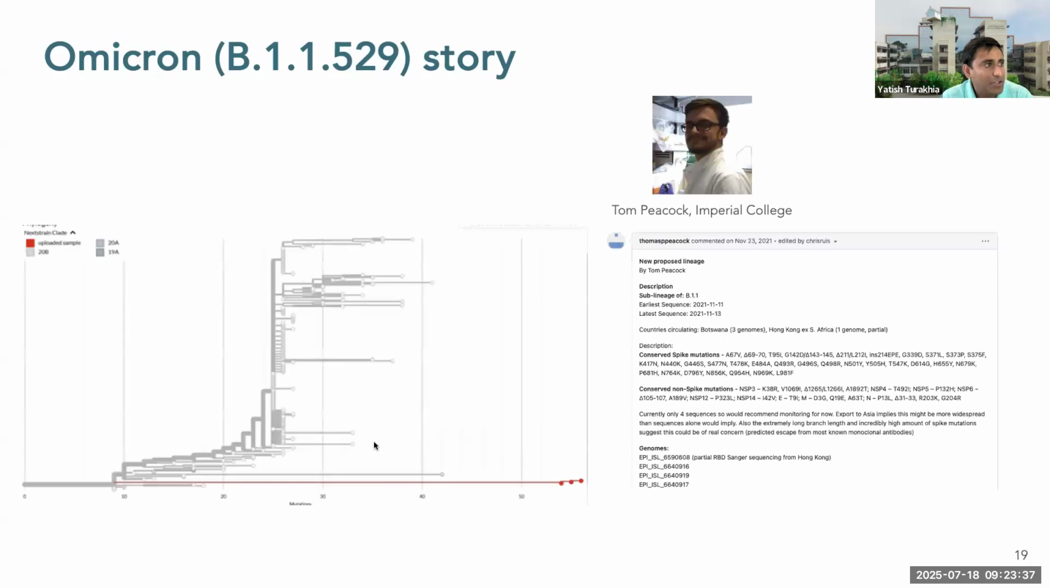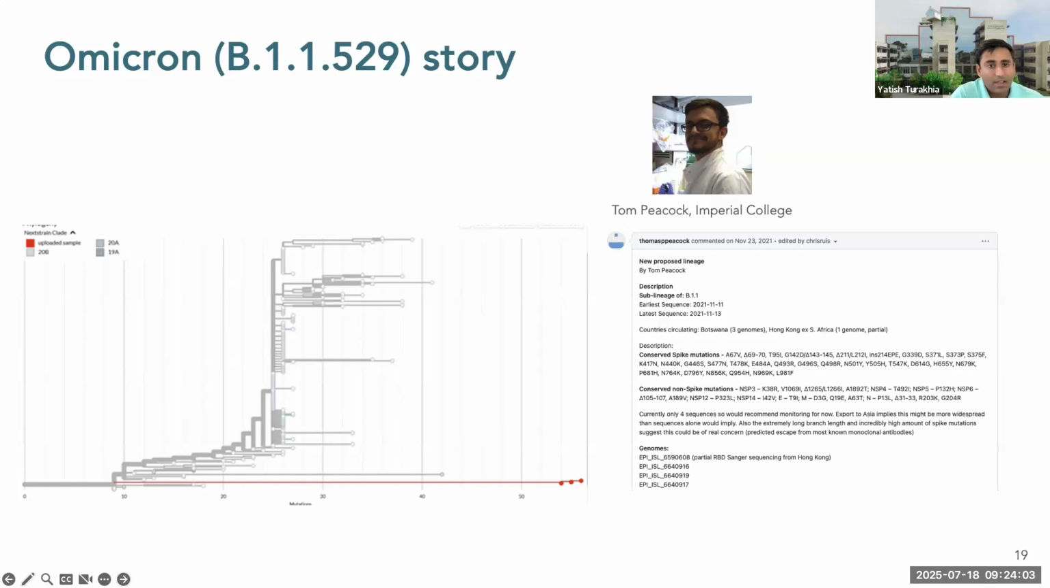And in fact, I should share one story which I found very inspiring. Actually, even the Omicron variant was discovered in this way. So Omicron's scientific lineage name is B.1.1.529. That's the root lineage that formed the Omicron variant. And essentially, the way this was discovered was by the scientist called Tom Peacock from Imperial